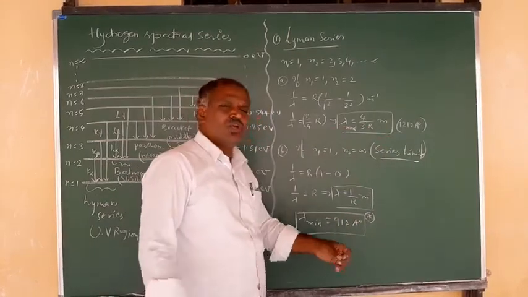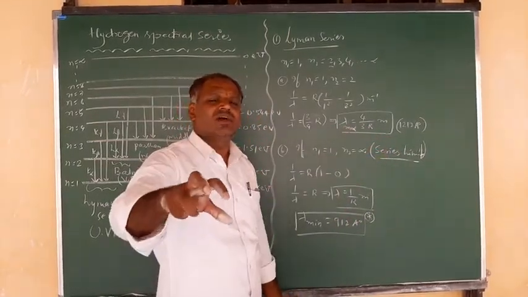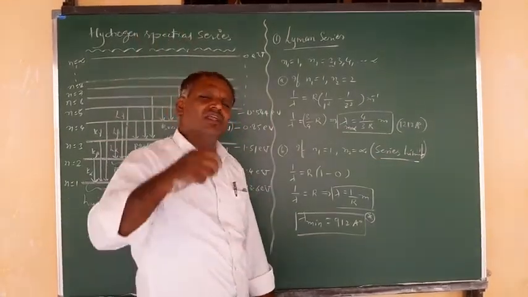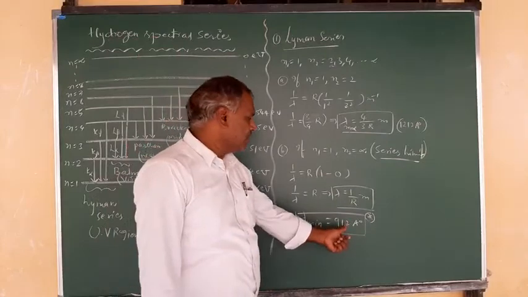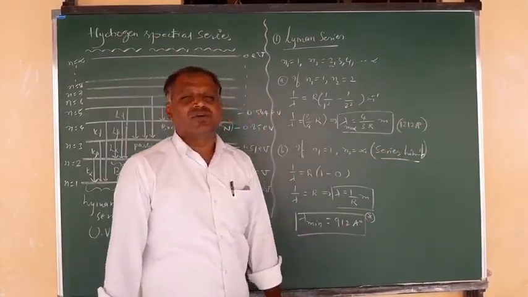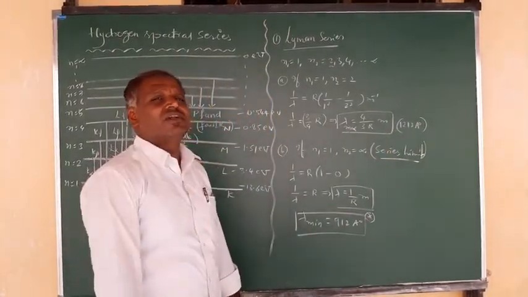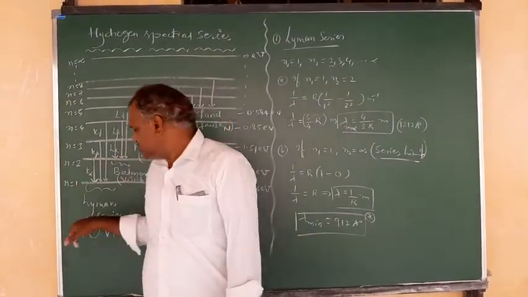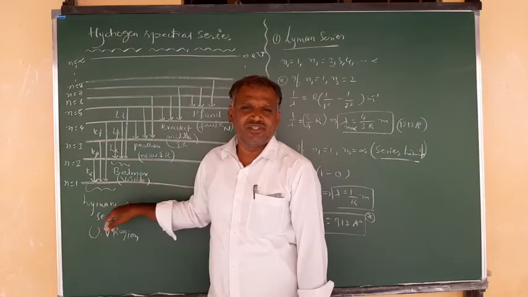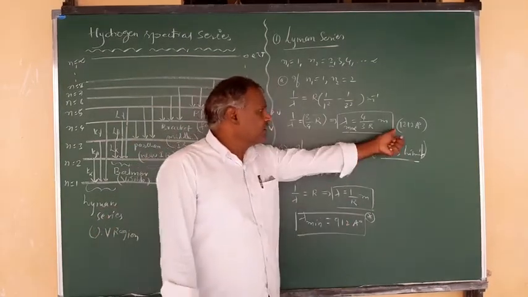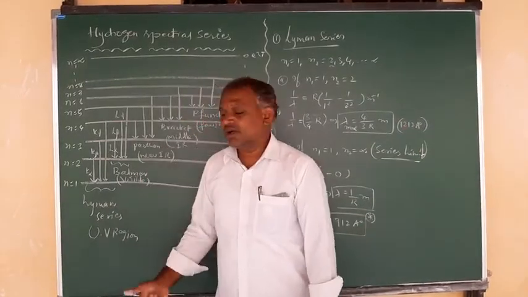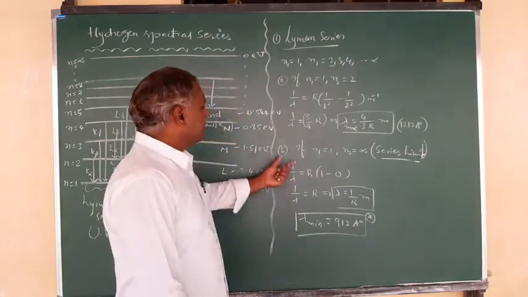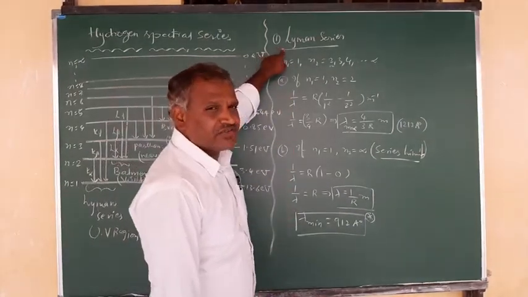In between these two only you get the wavelengths whenever there is a transition of the electron into the ground state from higher energy states. Any transition of the electron gives wavelengths in between 912 and 1212 angstrom units. That is the range of wavelengths observed for the first series, which is the Lyman series. These wavelengths come under the UV region, the ultraviolet region. This I calculated for the first one, the Lyman series.